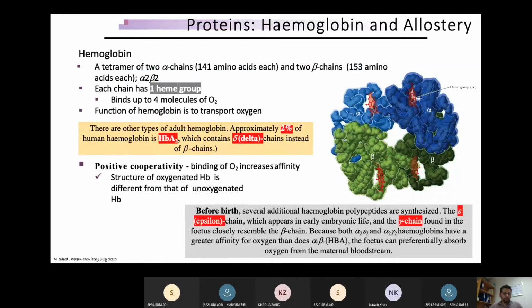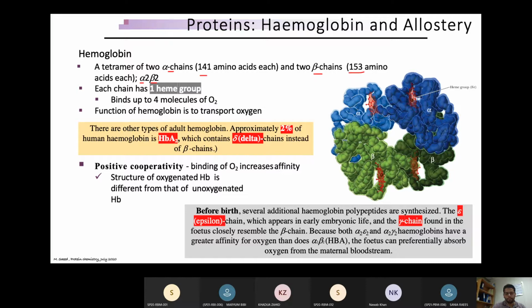Just quick in the two or more slides, although कि YouTube के lecture के अंदर भी ये मौजूद है, but quickly मैं इसको remind करवाता चलूँ. Hemoglobin is a tetramer molecule. That means four subunits are present, and there are two alpha subunits which are made up of 141 amino acids and two beta subunits made up of 153 amino acids. So that is why normally hemoglobin, which is present in adult humans, in adult animals, is called alpha 2 beta 2 hemoglobin. That means 2 alpha and 2 beta chains, and each of these alpha and beta chains contains a heme containing molecule which is called a porphyrin ring.